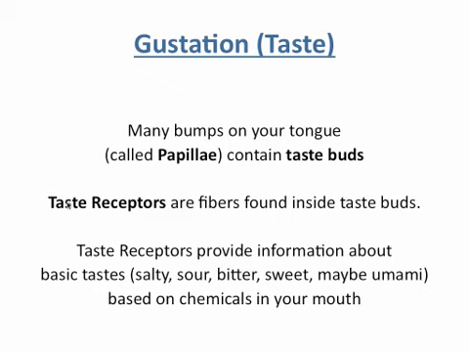And people actually vary on how many taste buds they have. So as you get older, you lose some of your taste buds. That's why if you ask someone really old to cook something for you, they're probably going to make it a bit stronger than what you'd be accustomed to, because they're not going to be as sensitive to these tastes as you are. So they're going to have to add extra spices.